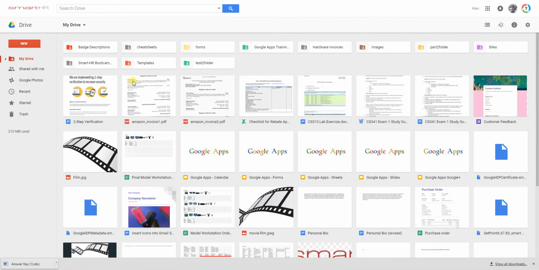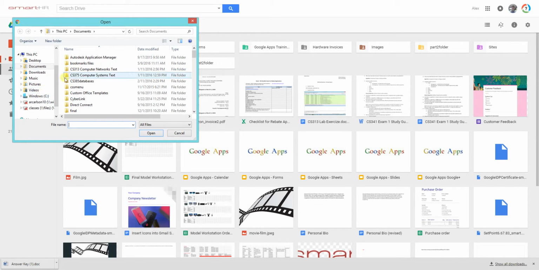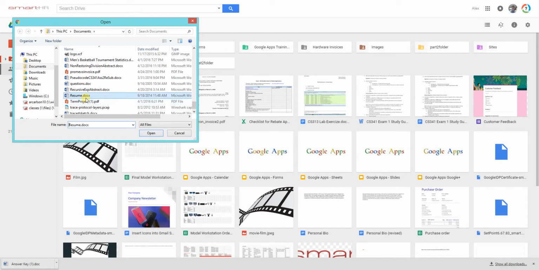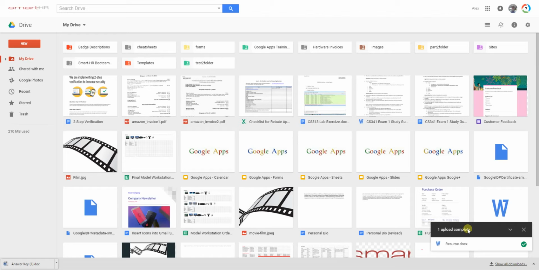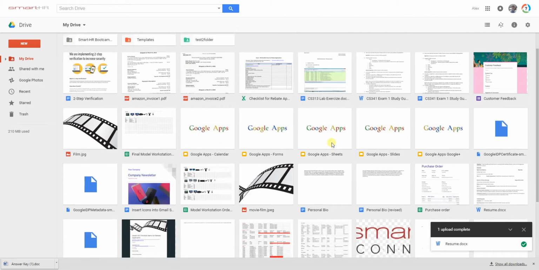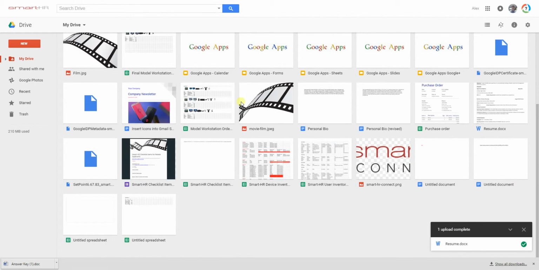Next thing we'll cover here is uploading files. You may want to upload, like we said earlier, Microsoft Office file types to your drive, and that can be done by clicking New and File Upload, which will bring you to your File Explorer. We'll just go ahead and select the document here. It will show us a progress bar showing that it's uploading, and if we go down a little lower here, now we see the recently uploaded Word document in our drive,